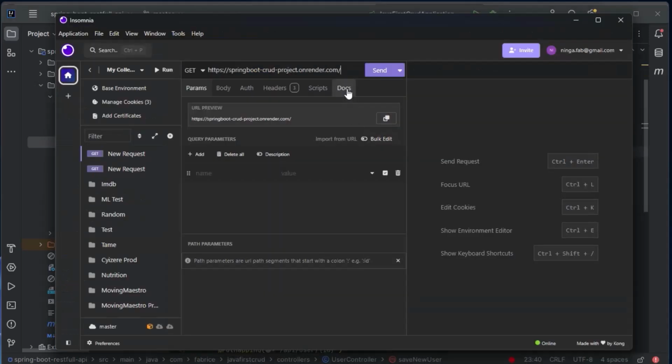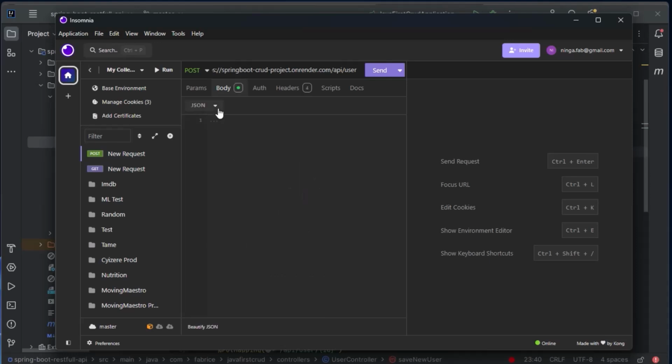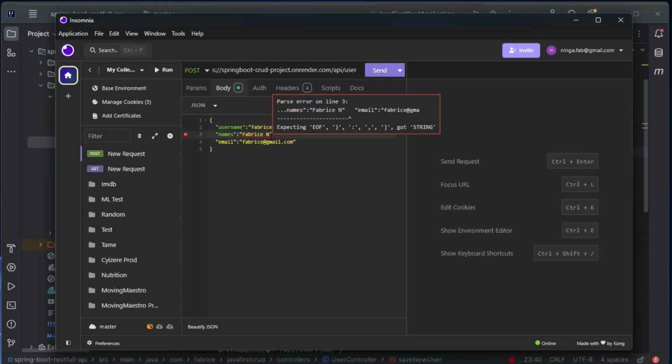Okay, so let's try the API for adding a new user, /api/user, and let's make this a POST request. And here within the body, we just need to provide our user object. So JSON, let's paste it here, and yes, comma, and hit send.